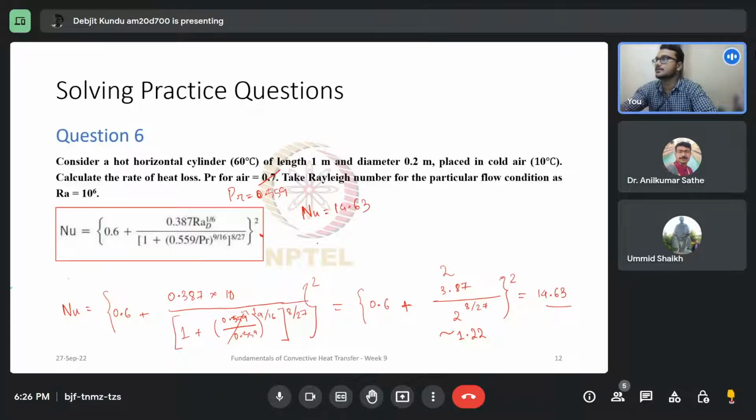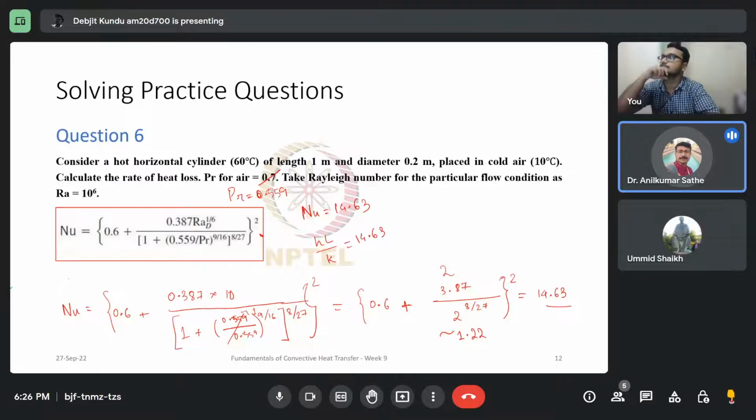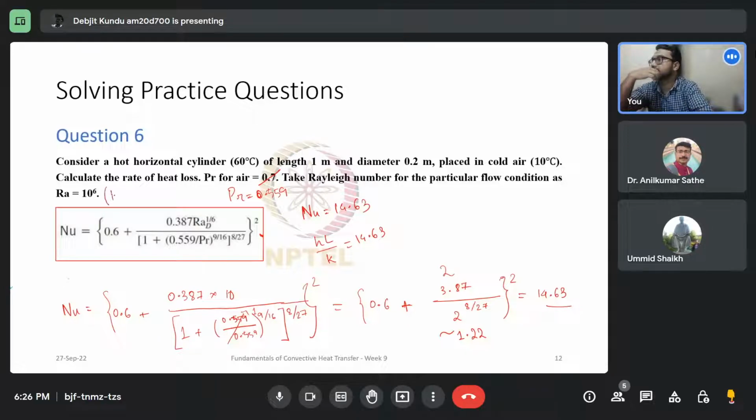And as we know, the Nusselt number is hL by k. By assuming thermal conductivity 0.025 for air, since the value of k is not given. So k we can take as 0.025, not 25. This is watt per meter Kelvin. Okay, so if we take this value, then we would get h equal to 14.63 multiplied